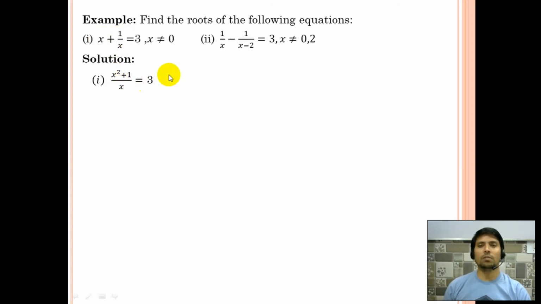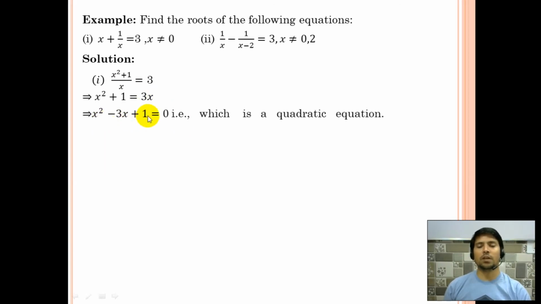Now cross multiply: x multiplied by 3 gives 3x. Transpose 3x, then this becomes a quadratic equation. And now if this is a quadratic equation, comparing with the standard form of the quadratic equation ax square plus bx plus c, we can find the value of a, b and c, and the